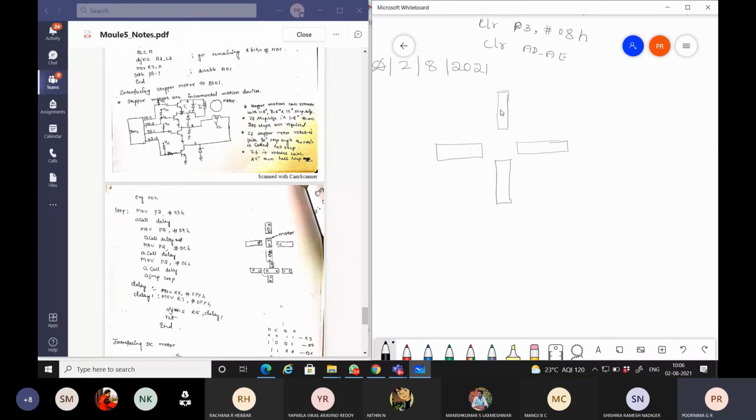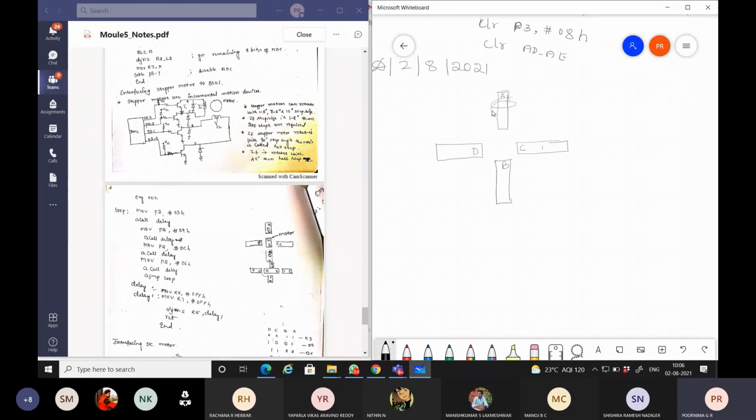In such cases, how these stepper motors need to be programmed, you can learn only if you have thoroughly understood the basic principle of the coils or the stepper motor internal windings. Any stepper motor will have four coils. These four coils are A, then B, then C and D. These are the four magnets.